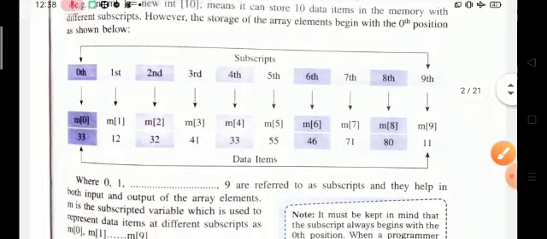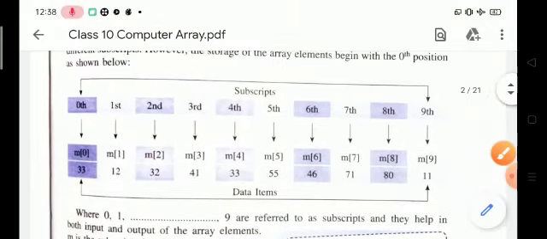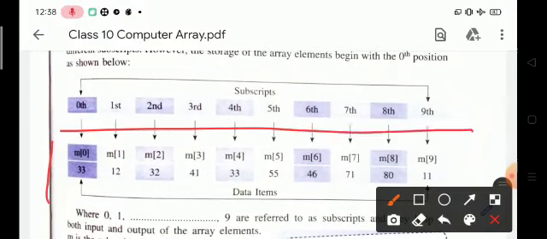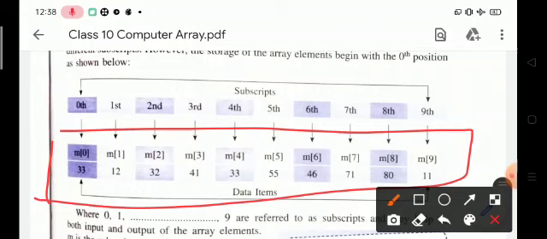So here, look at this picture. These are 10 variables: 33, 12, 32, 41, 33, 55, 46, 71, 80 and 11. These are the 10 elements.